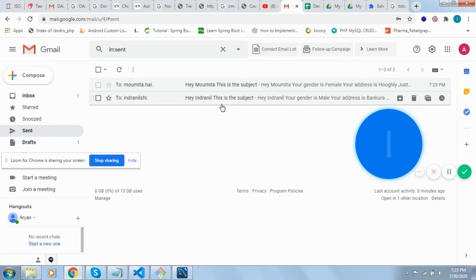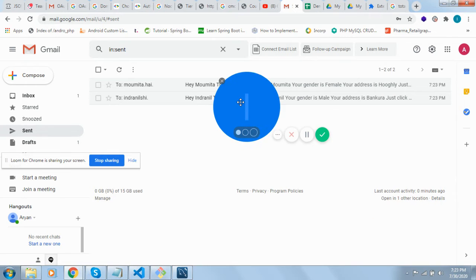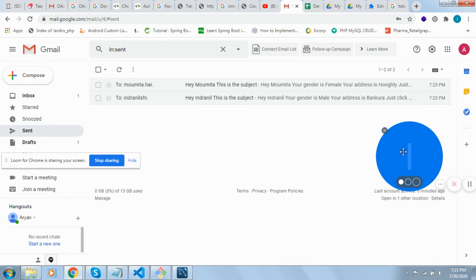We have sent that mail to those particular addresses, but in a separate way, so that each of those email addresses cannot know whether this mail has already been sent to other addresses or not. So we are separating that.